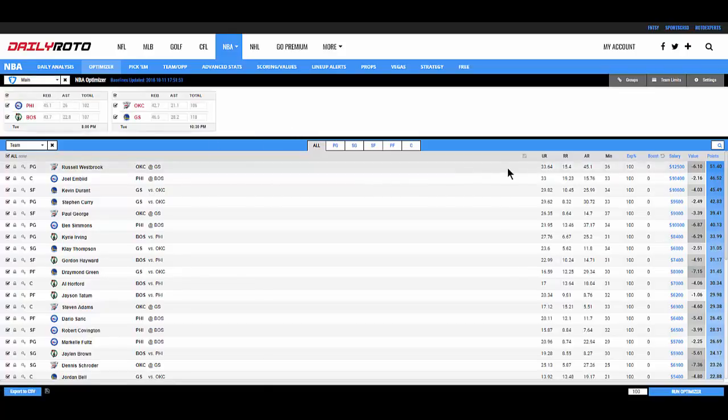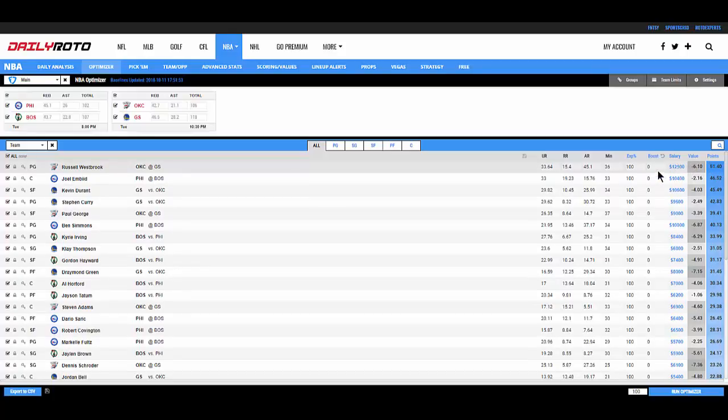You'll see all the projections formatted for you. On the far right is the projected fantasy points. You can see the value. We've attached a value threshold for each relative salary based on the site. So in this case, Russ Westbrook at 12.5 is a negative 6.1 value. What that's saying is that 6.1 plus 51.4, our expectation for a player with a 12.5 salary, would be about 57.5 points, and he's just coming shy of that. So the value is just a number, positive or minus, the difference in the expected points total based on